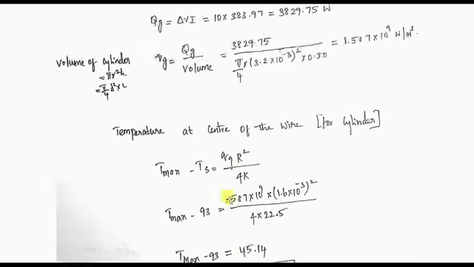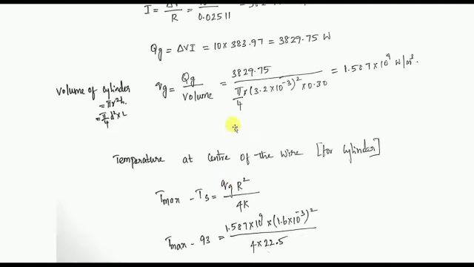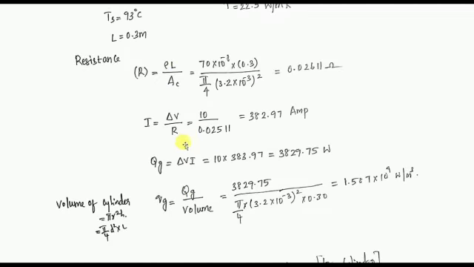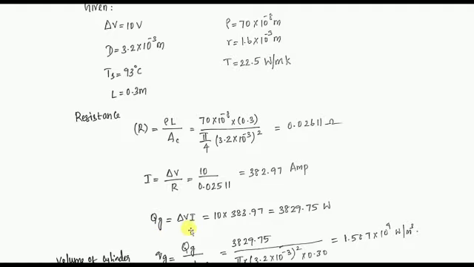That is small Qg with respect to volume. So we need to calculate capital Qg. We know the formula for capital Qg, that is I squared R, del Vi. And for I, it is V by R, because V equal to IR, we need I, so V by R. We need R, so R equal to rho L by AC. We know rho value, L value, AC, surface area. What is the surface? Pi by 4 D square. If you substitute all those values, you will get R. You substitute here, you will get I. If you substitute here, you will get QG.